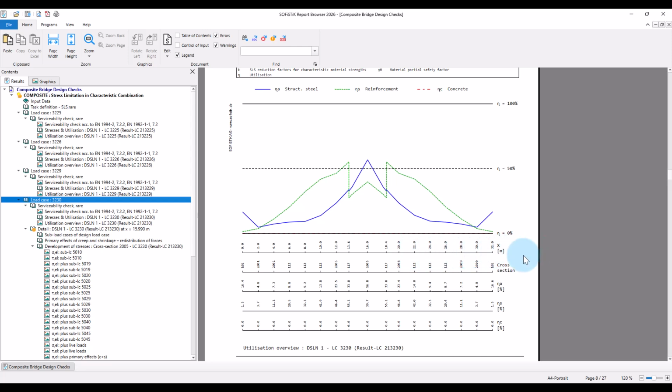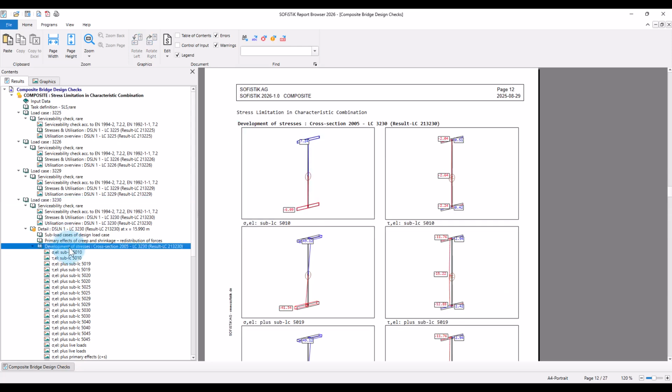Now let's take a look at the detailed stress calculation at the inner support. Here I would like to show you how the tension stiffening effect is considered.